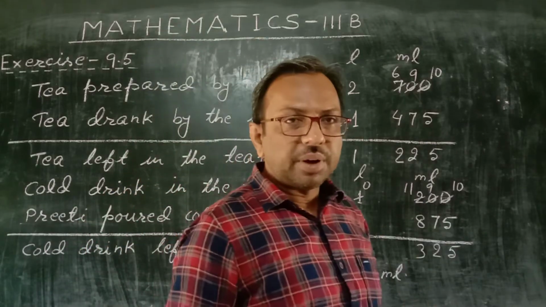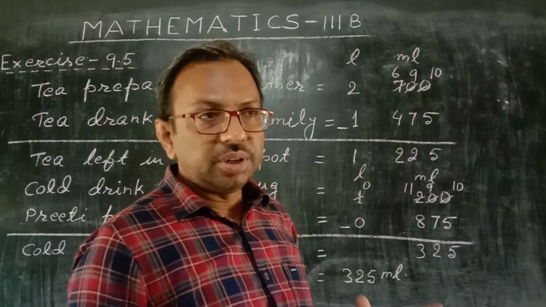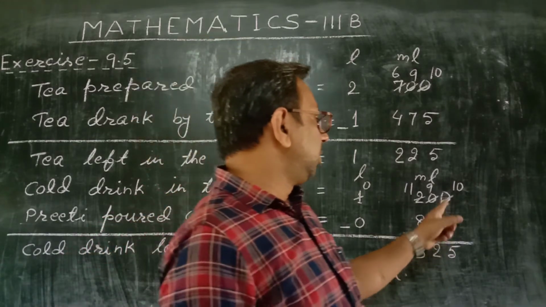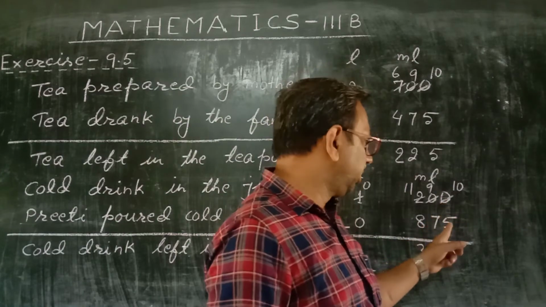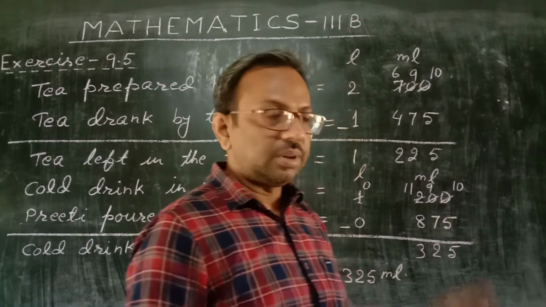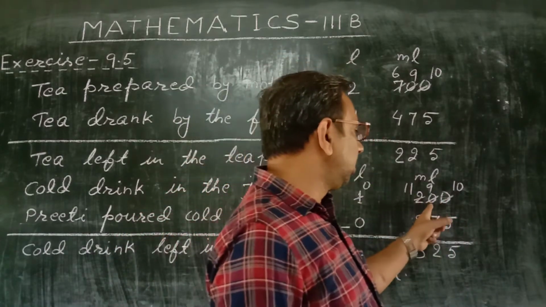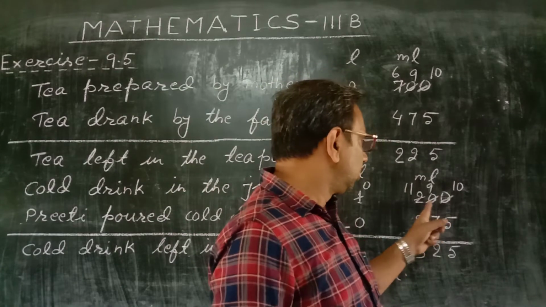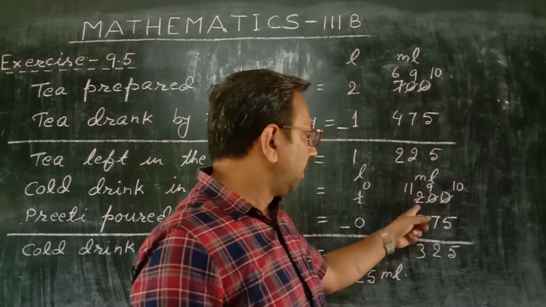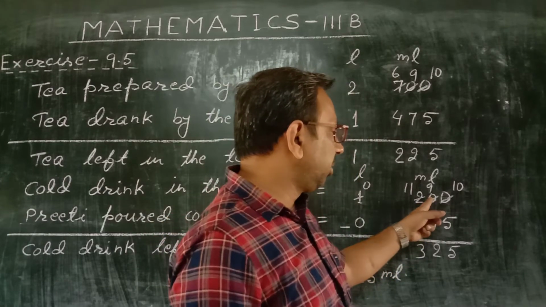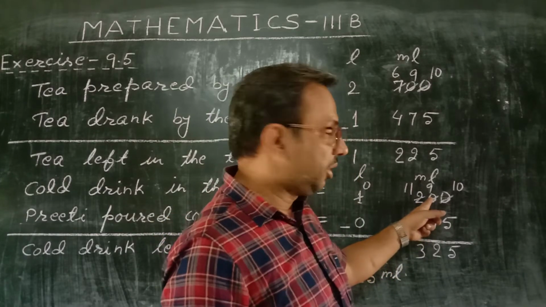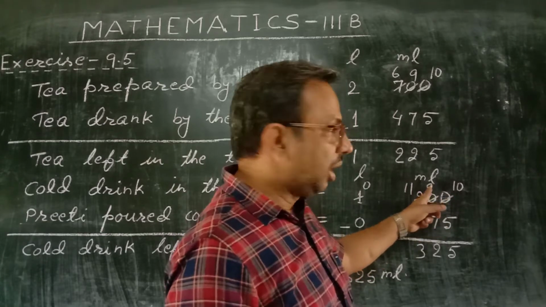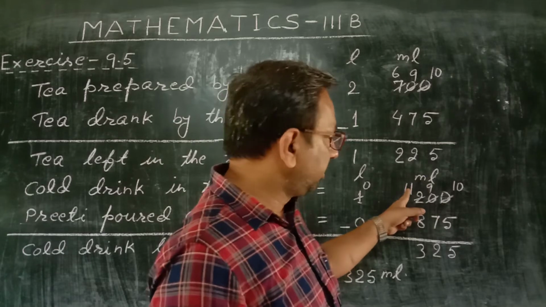Now, at first we subtract the column of milliliter because milliliter is smaller than liter. At first we subtract the smaller quantity. But you see, here in the ones place is 0 and here is 5. This subtraction is not possible. So you take 1 from here, but it can't give you 1. It's already 0. So you take 1 from this 2. If you take 1 from this 2, here 10 became. And from this 10 you take 1 to this 0. It became 10. Now here 9 is left. And at this place here only 1 is left.